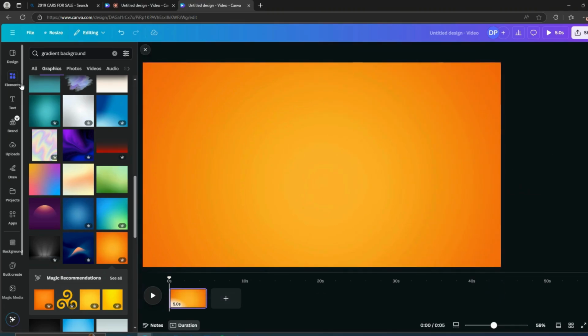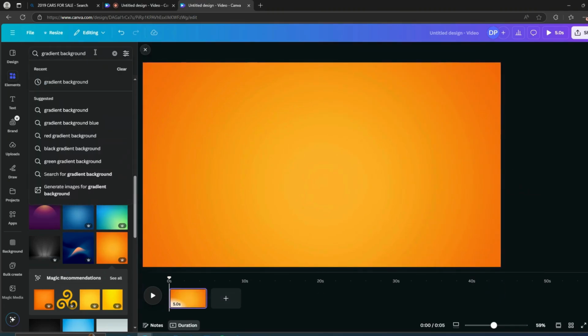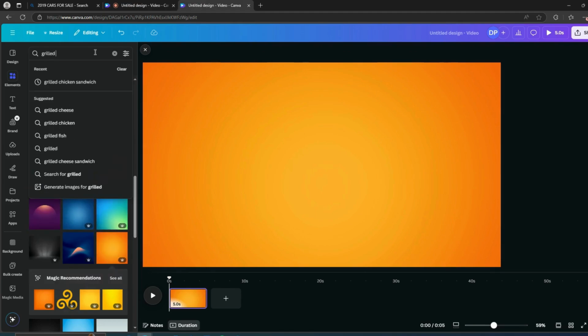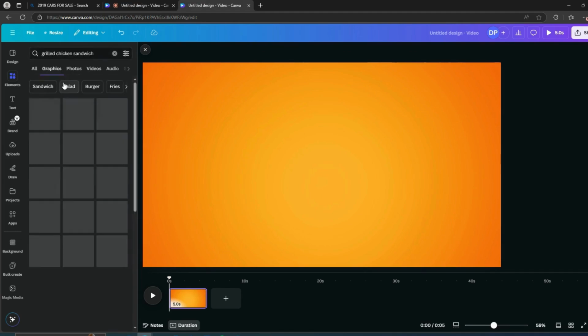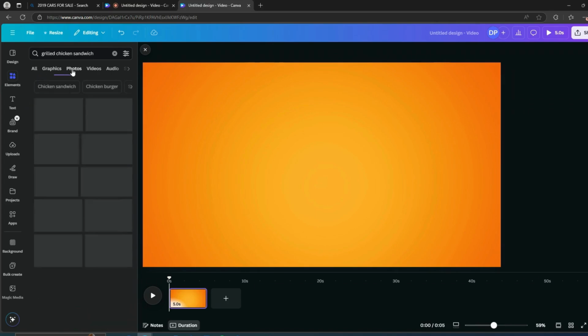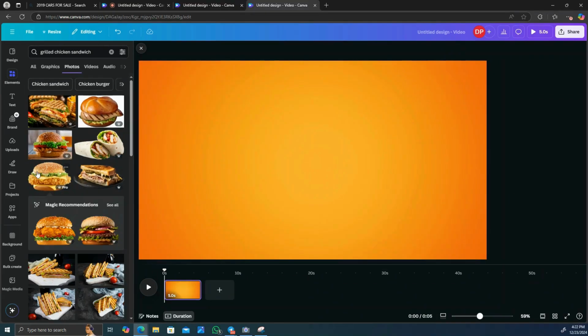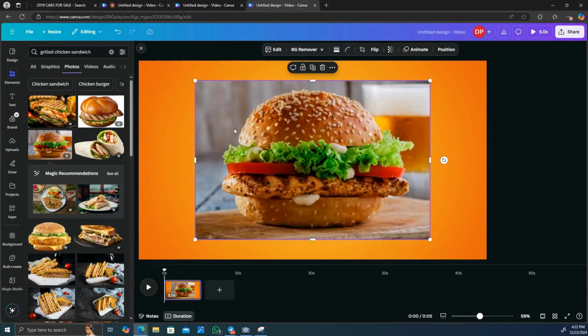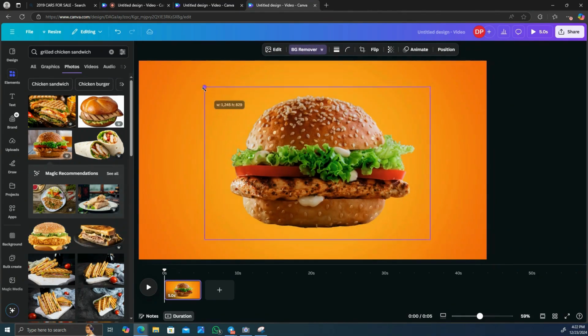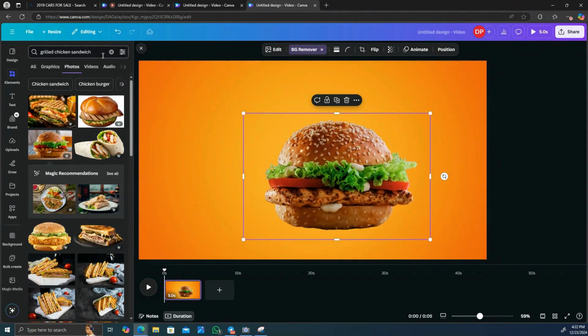The next thing you want to do, go back to elements, and I'm going to type in grilled chicken sandwich. And I am going to click on photos. So I'm going to add this chicken sandwich. I'm going to delete the background. I'm going to make it a little smaller. I'm going to add